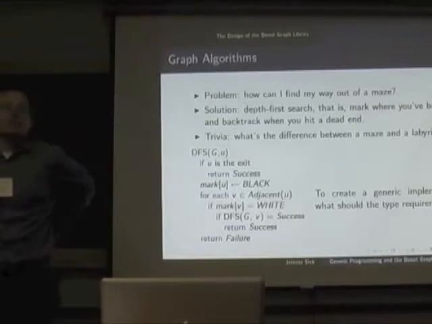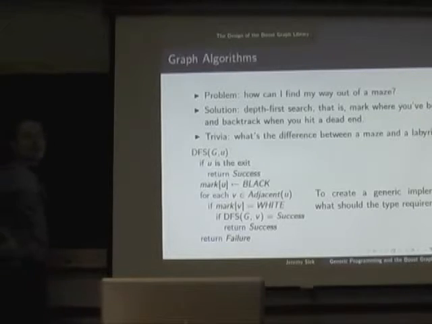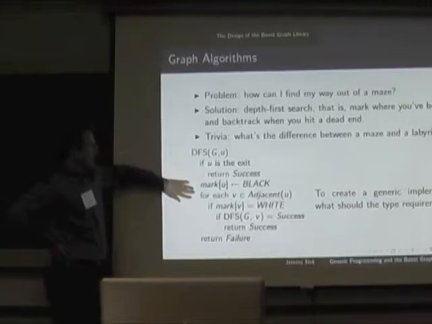I would make mark an actual operation, so I can make it a little more permissive. I just say, okay, mark the vertex u as being black at this time. So how mark is implemented would be hidden. That's right. That's a great idea. And we have to just flesh that out a little bit more.